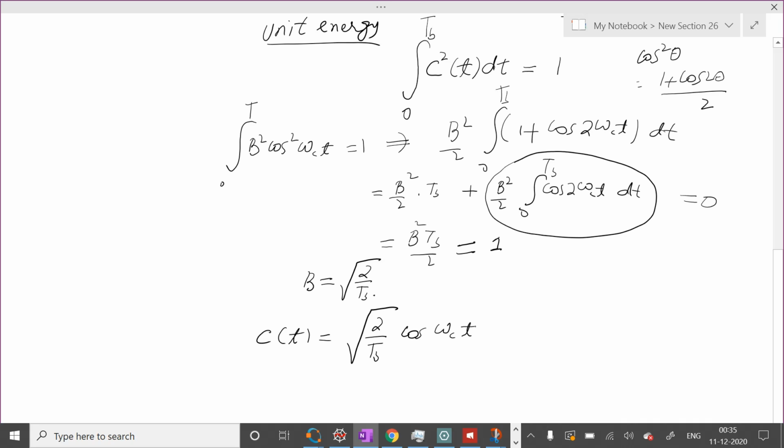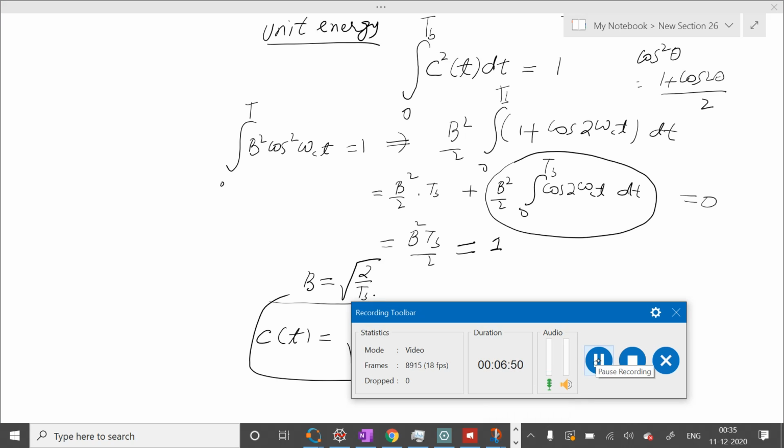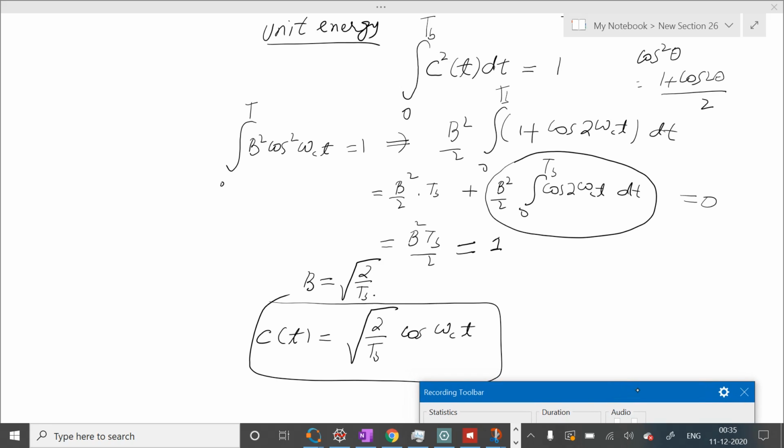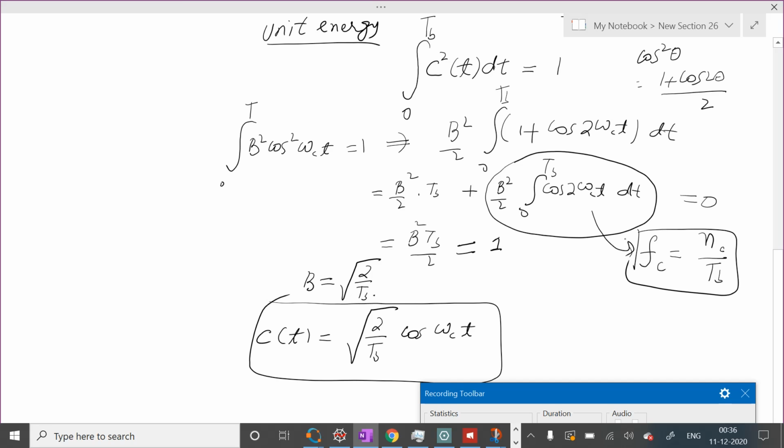Some of you might have even seen this equation before, but there might not be a reason to write the carrier in this way. Writing the carrier in this way makes the energy equal to 1. Okay, one important fact I forgot to tell you, how this is 1. Actually fc is chosen to be some integer times 1 over tb. Okay, so that is the reason this will be 0. Otherwise it will not be 0. And this is not any bad assumption. We can always choose the carrier such that it is some integer divided by the time period of this bit duration. Okay,